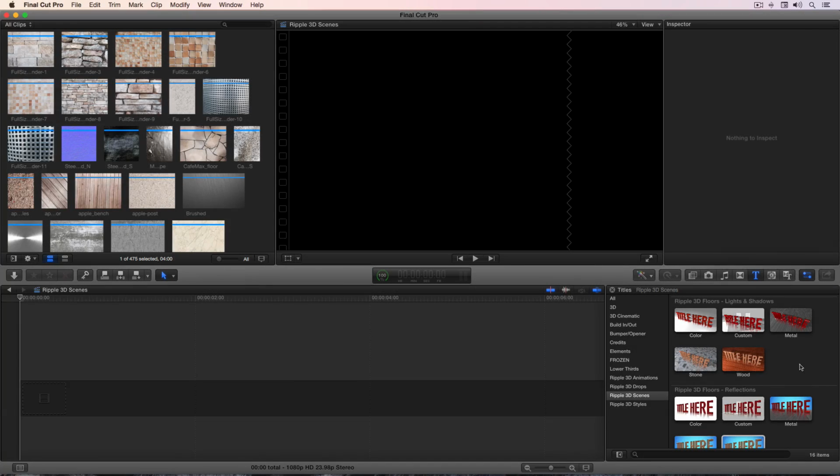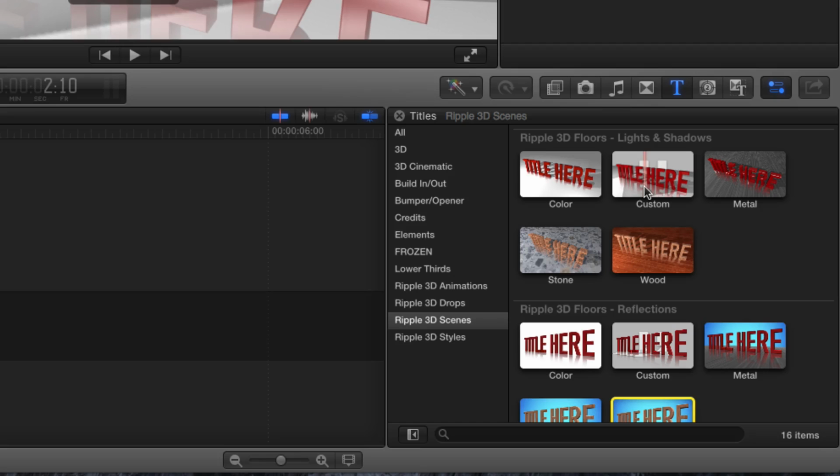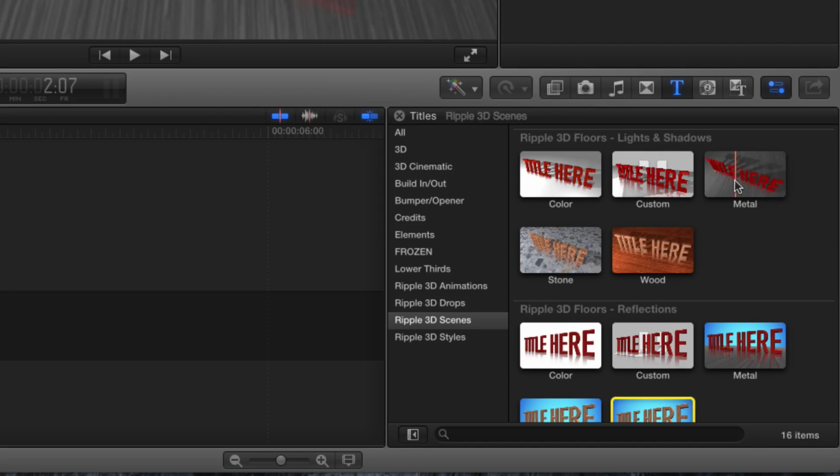So the last category of Ripple 3D scenes are Ripple 3D floors with lights and shadows. This is basically the same as reflections, but with the addition of lights that can be modified and animated. So I think you'll know how these all operate here: custom, metal, stone, and wood. Obviously, you can use your own textures here for custom, and we've got different options for materials, but I'll just